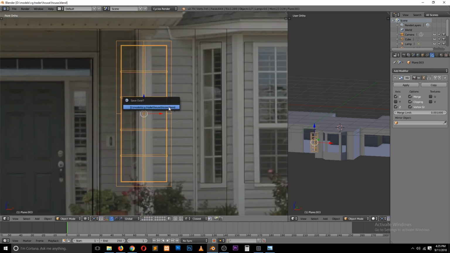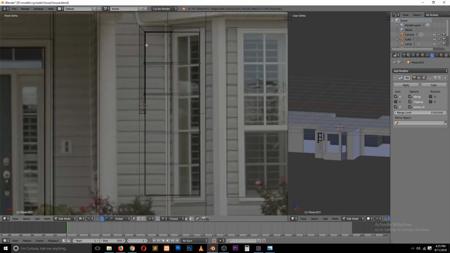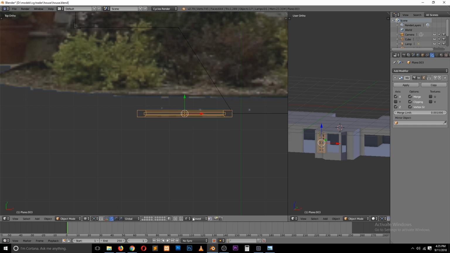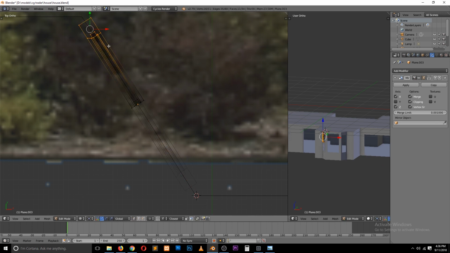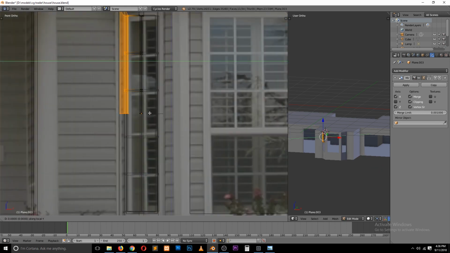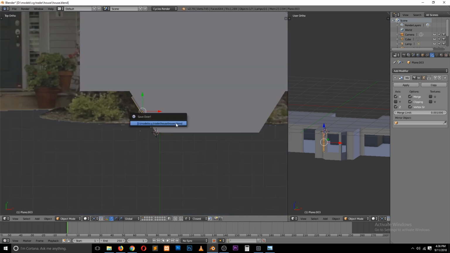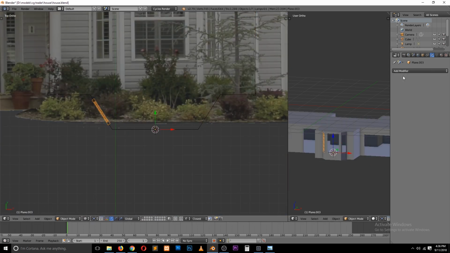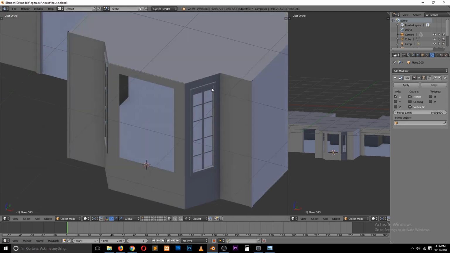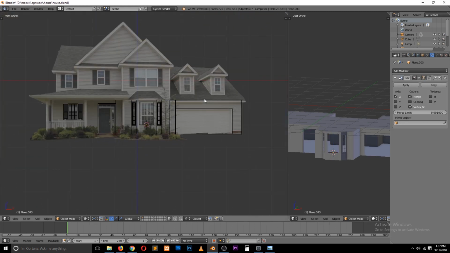Now I'm creating this side window there, so let's rotate it about 45 degrees to match. If you press comma on your keyboard, you can change the pivot point of your axis. You can change the pivot point to the cursor so that you can rotate the object from the